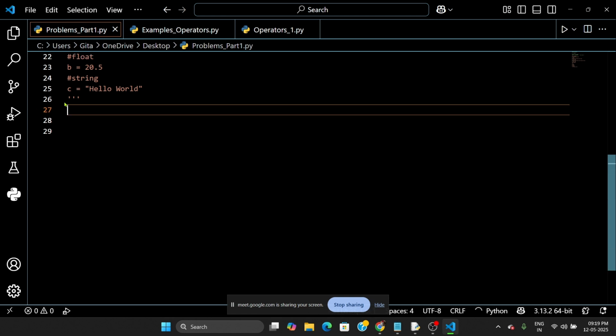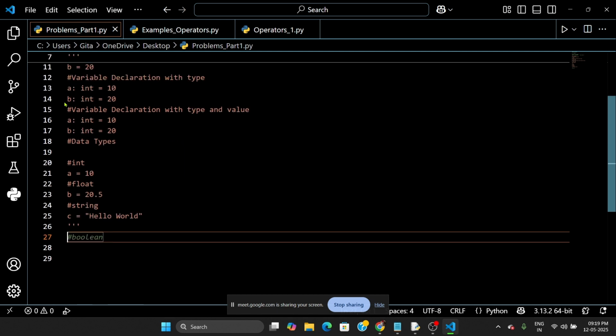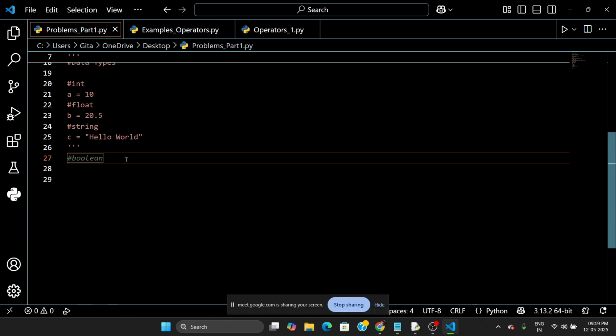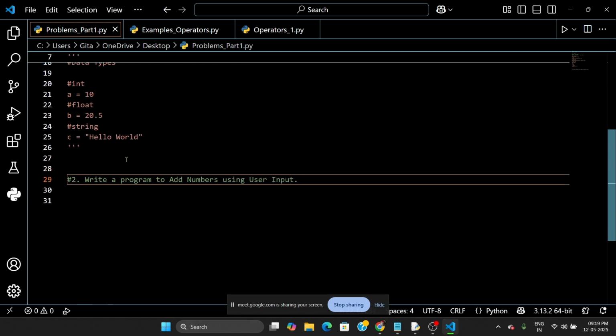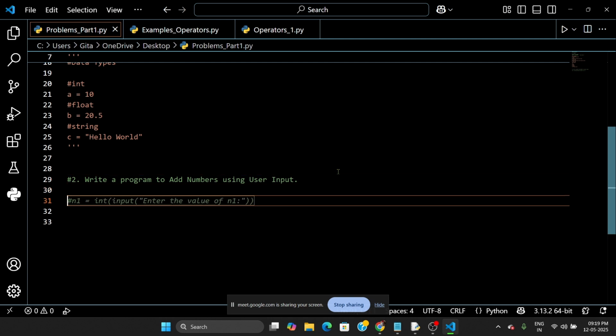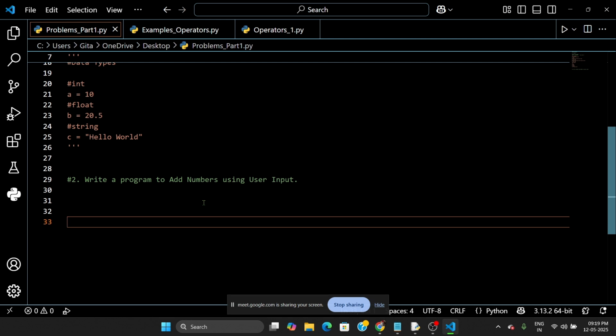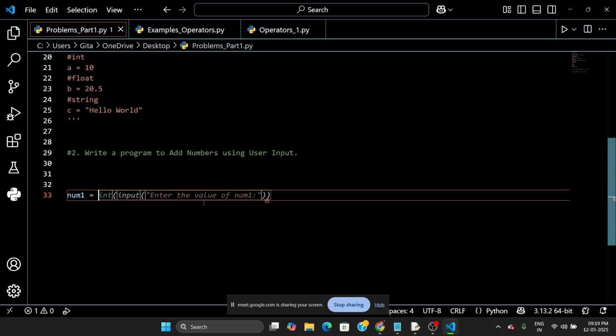I'll just delete this. So this is the second program, or problem we can say. Write a program to add numbers using user input. What we'll do first, as in the first problem, we have used a variable like num1, which is equal to